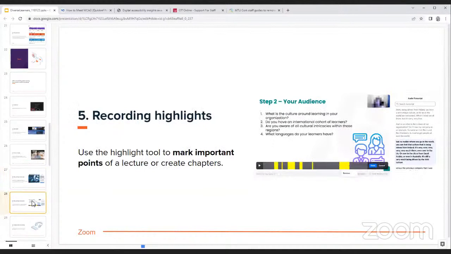So recording highlights. This lets you mark important points of a lecture or create chapters, for want of a better word. So you can decide from your recording what are key areas that your students might want to revisit. Maybe it might help if they're scanning through the recording to get to the key information as quick as possible. So you're able to do that